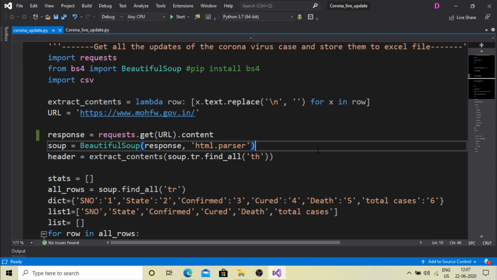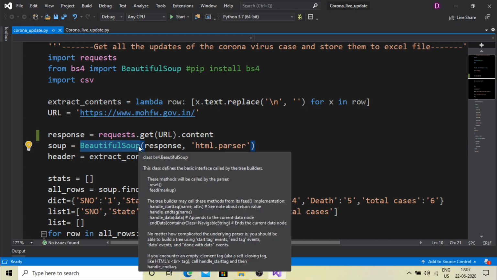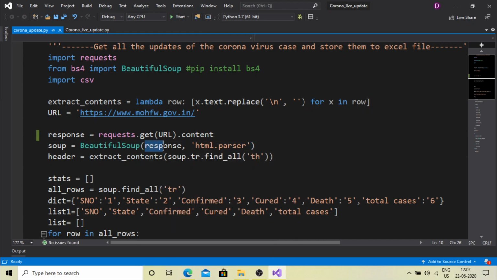Now the next thing is, we want to extract out the table. So for that we have used the Beautiful Soup module, and we have passed the connection from the website we have established. Next we are going to parse out the HTML content. So simply in a string I have written html parser and passed that to the Beautiful Soup module.